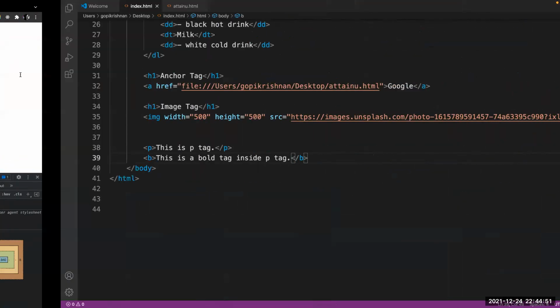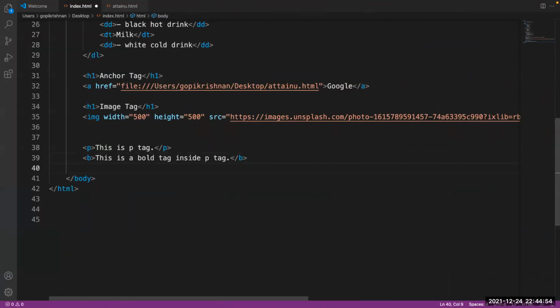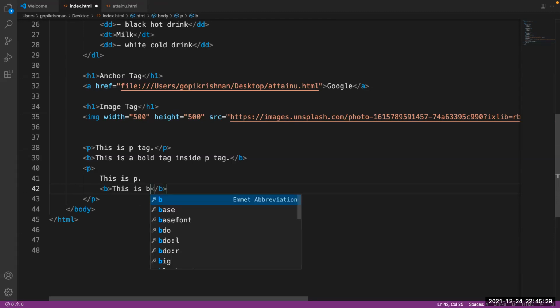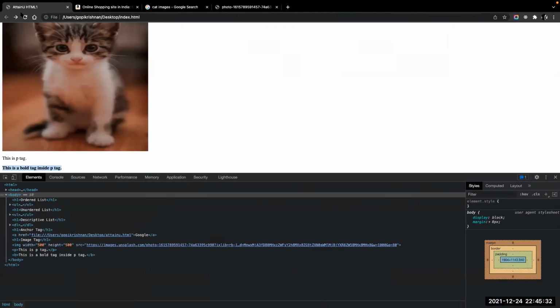We can use 2 to 3 tags inside something. For example, I have a P tag. Inside the P tag, I'm typing this is P. And inside P, if I want to type bold something inside the paragraph, I can have a bold tag inside the P tag where I can type the data. This is P. Now if I re-render it,